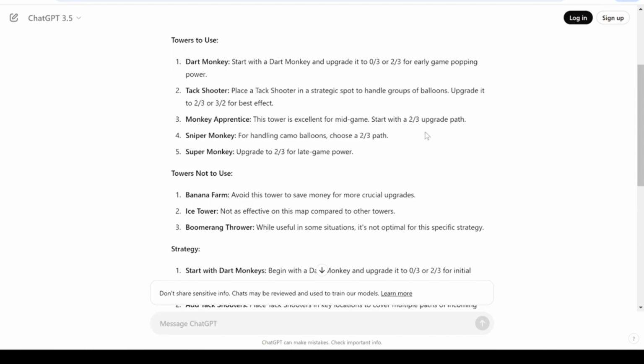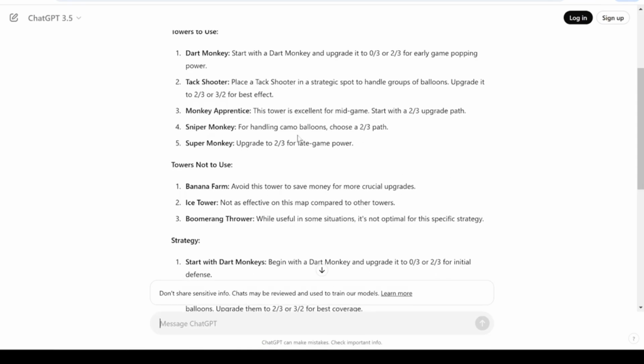Start with the 2-3 upgrade path, so okay, I mean, it's a little expensive for the power you get from it, but that's not too bad. At least that'll allow us to pop camo leads as well, so that's good here. Sniper Monkey, for handling camo balloons, choose a 2-3 path, okay. And then Super Monkey, upgrade to 2-3 for late game power. Okay, so it does not want me to go with the Sun God, which would be better, especially for the